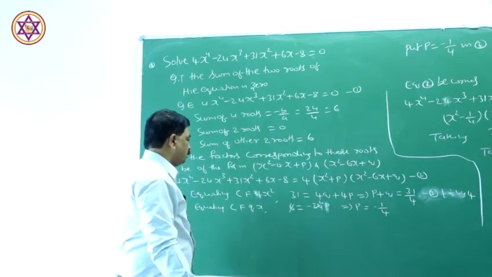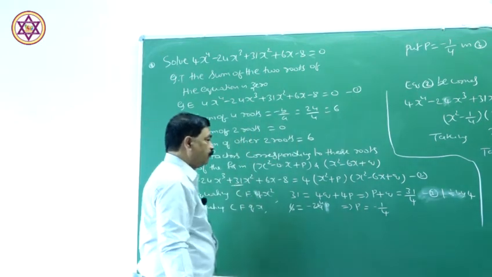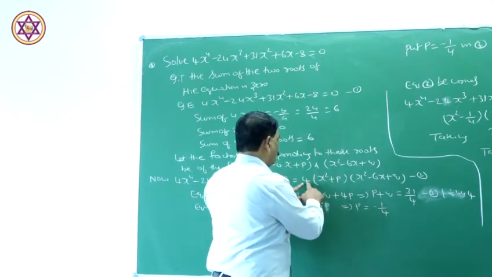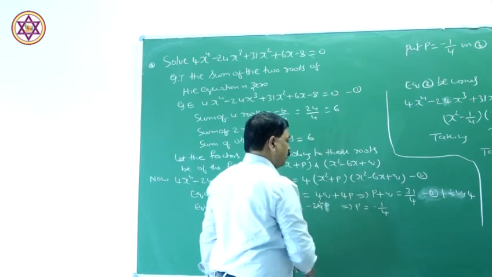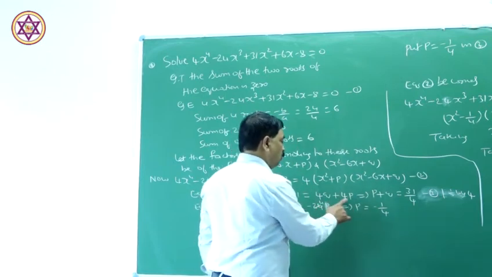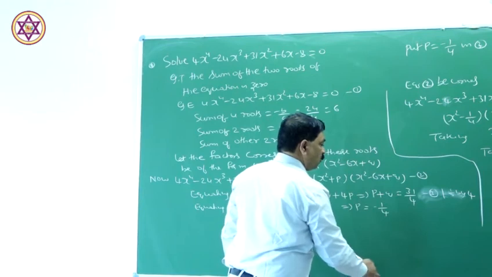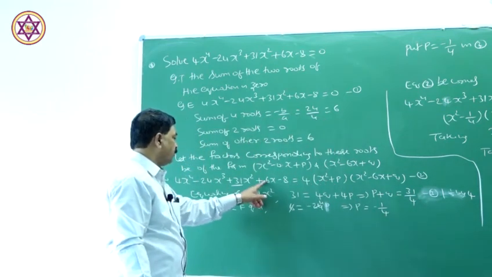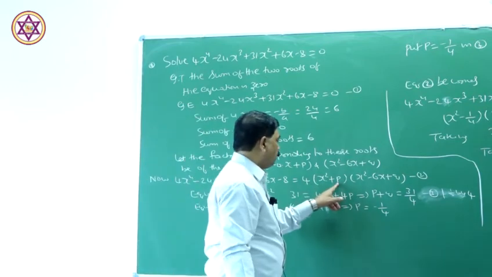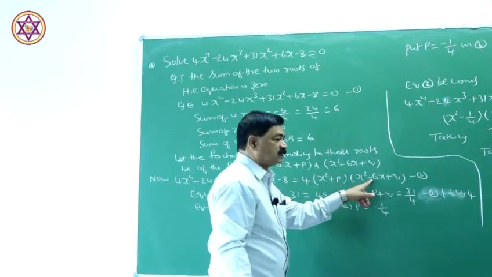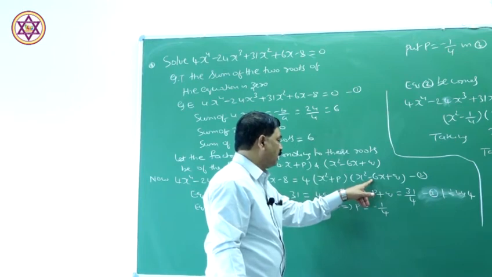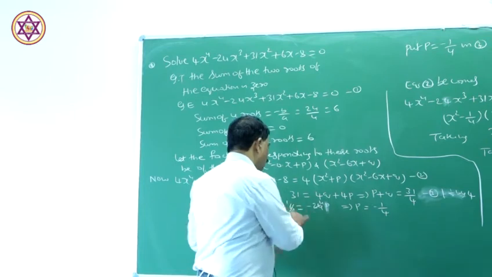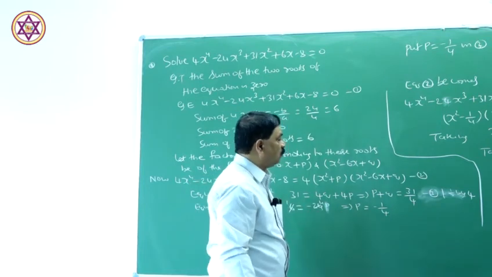Equating the coefficient of x squared, the coefficient of x squared is 31: 4 times x squared into q, 4q, plus 4p x squared, 4p itself. Next divide by 4, p plus q is equal to 31 by 4, this equation we call equation number 3. Next equating the coefficient of x, which is 6, here 4p into minus 6x means minus 24p x, therefore minus 24p is equal to 6, so p is equal to minus 1 by 4.